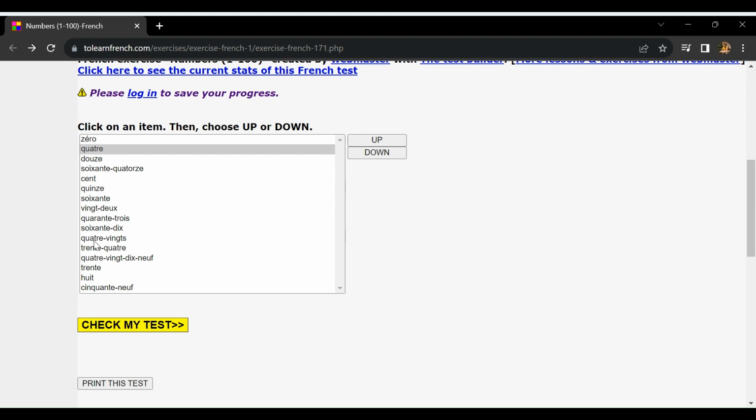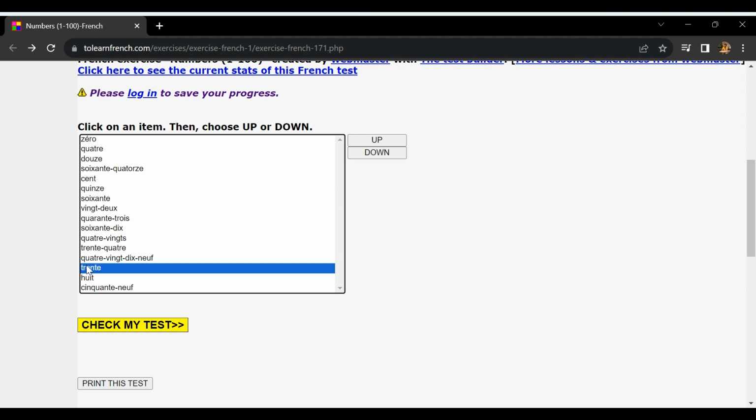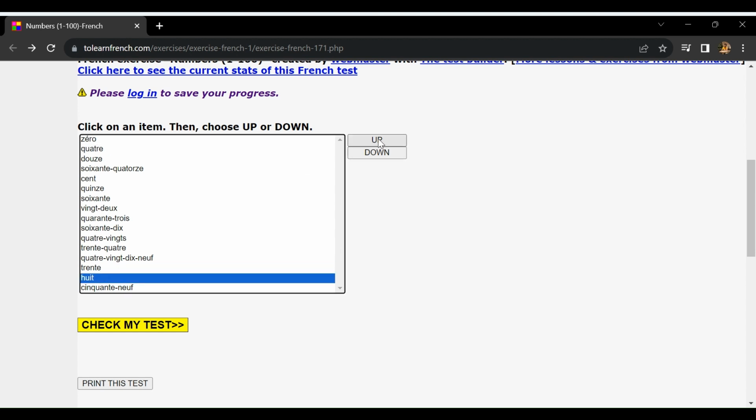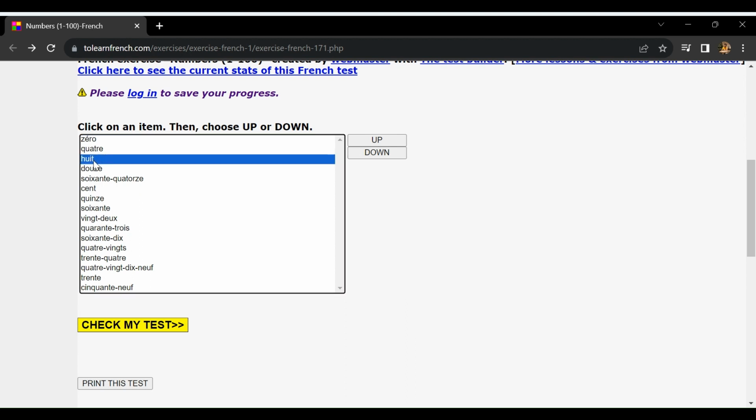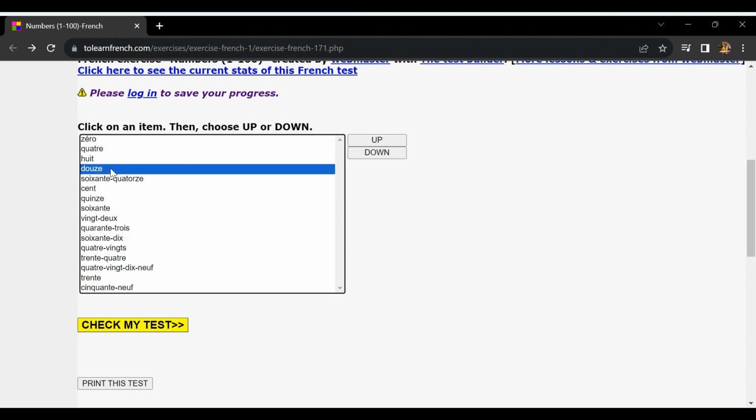And after quatre, I can see huit, which is 8. So zero is 0, quatre is 4, huit is 8, then I guess douze, which is 12, and after that,